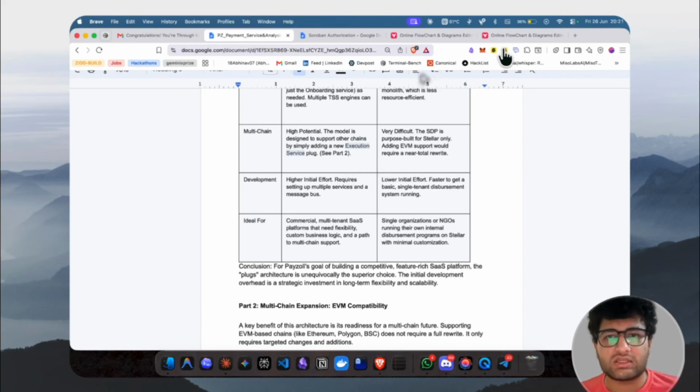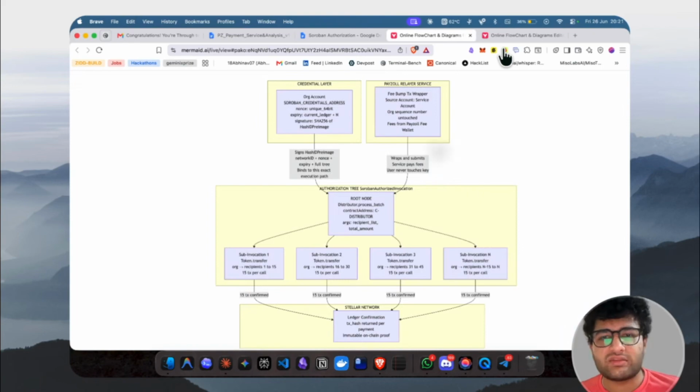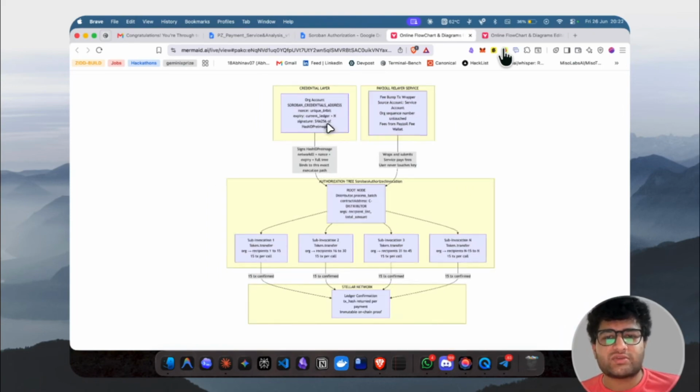So this is the entire thing I designed, and this is something about the auth tree I made right now because I wanted to explain it. It's simply that instead of calling just one time, you can sub-invoke your calls to multiple contracts. In that way, you can increase throughput without putting a burden on a single unit. So this was a very ingenious solution. I'm really happy to show you this because it was accepted by them as well, and it was something that was there in the ecosystem, but nobody had any idea how to use it.